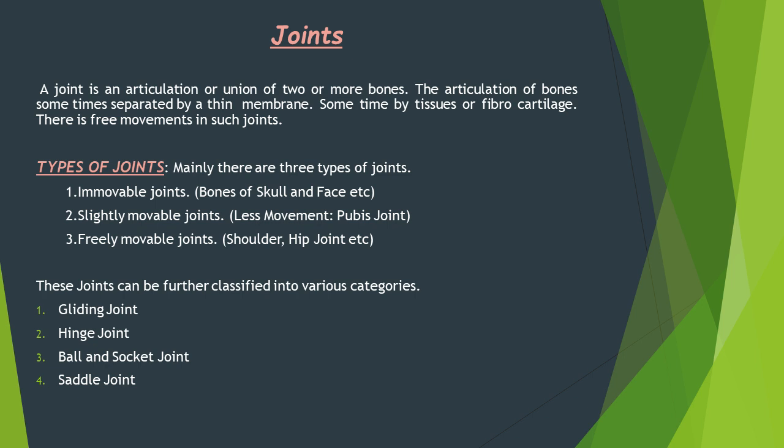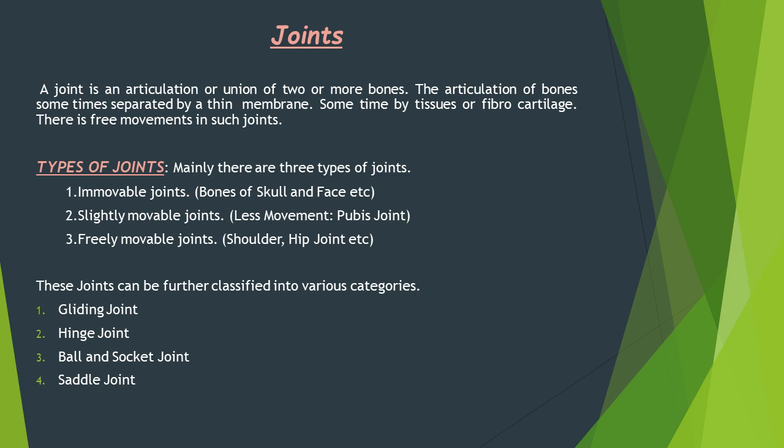Types of joints. Mainly there are three types of joints. 1. Immovable joints: bones of the skull and face, etc. 2. Slightly movable joints: less movement, pubis joint. 3. Freely movable joints: shoulder, hip joint, etc. These joints can be further classified into various categories: gliding joint, hinge joint, ball and socket joint,